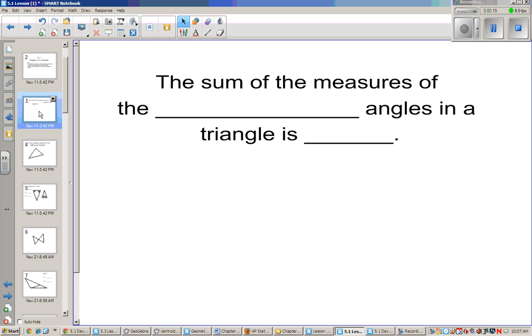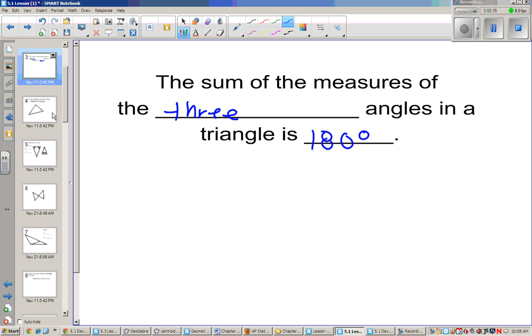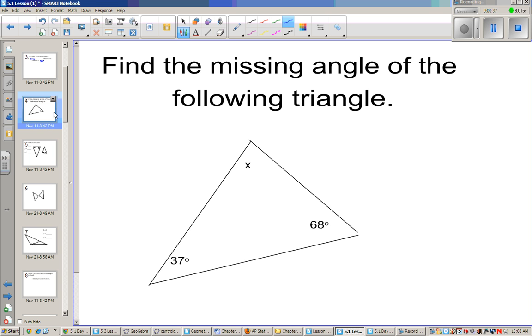So we're going to start with something you probably already know. The sum of the measures of the three angles in a triangle has to be 180 degrees. Okay, so that one's pretty obvious. I think most of you have used that before. So we're going to find the missing angle in this triangle. So to do that, we would have to do